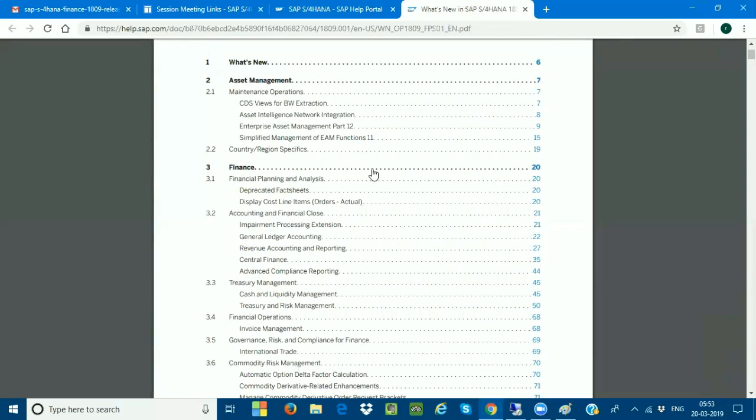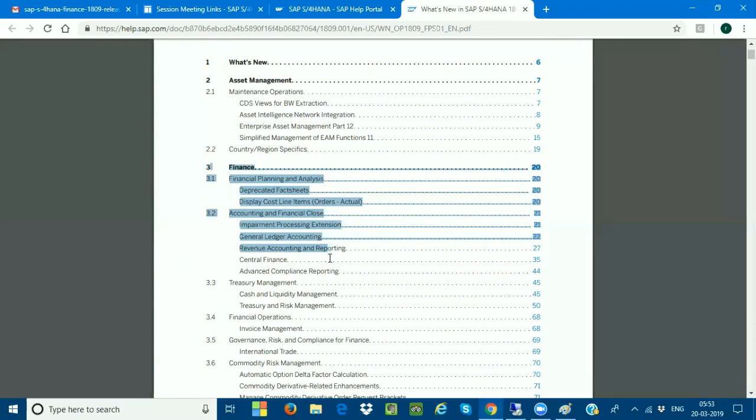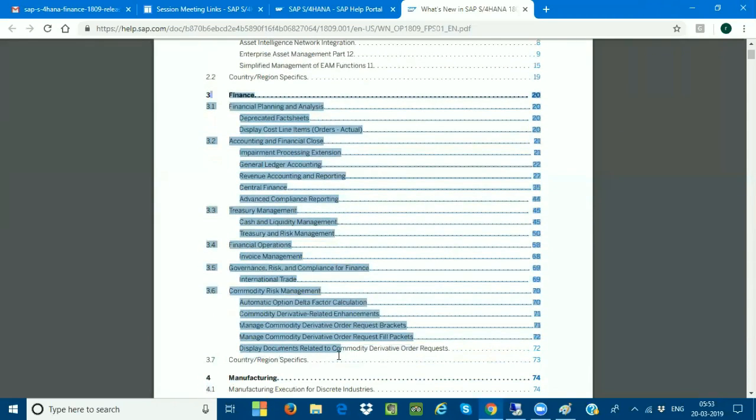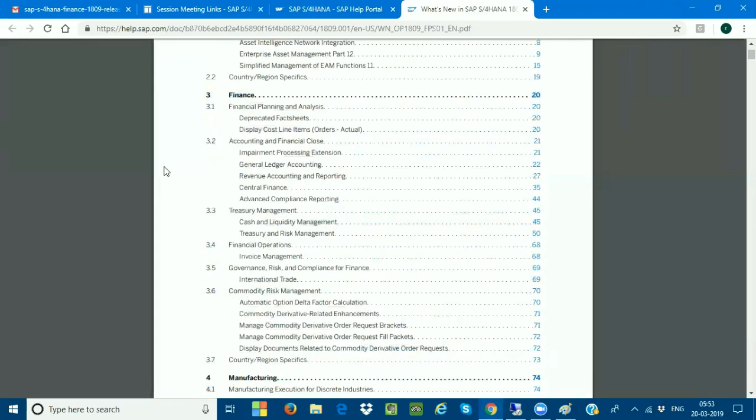If I come down to the accounting side, the finance side, only these changes have happened. You can see some of the changes here, and these changes are important. If anybody wants to know about these, you can go into What's New in SAP S/4HANA 1809 with Feature Pack Stack. I mean, some upgrades have been done, not changes; I should not use the word changes. These are some improvements between the initial service pack and Feature Pack Stack 01. So you can go into this document and study what has happened. These are the changes from the finance side.